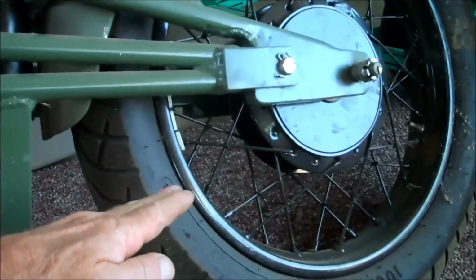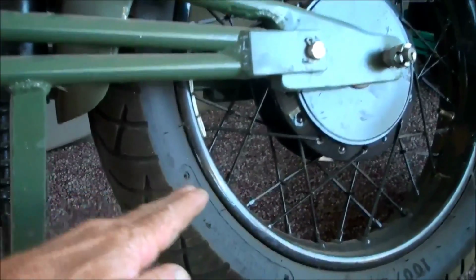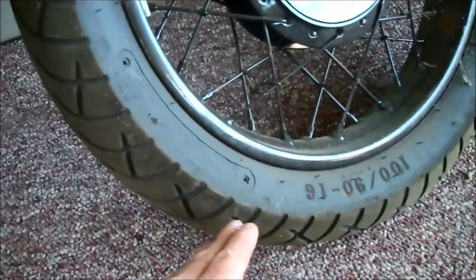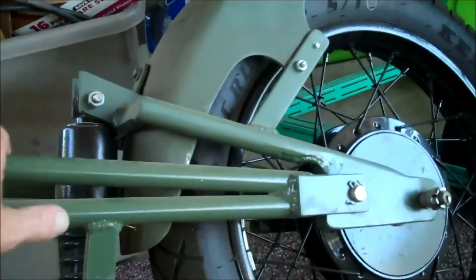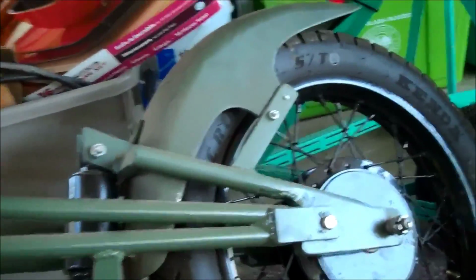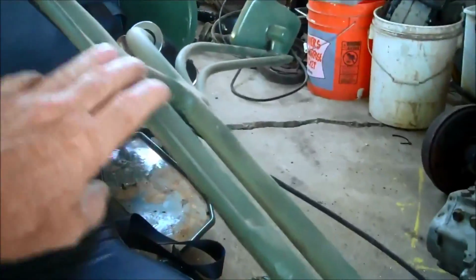If you have the bail down below, like everybody else's front ends, if the shocks fail, this goes to the ground, and it'll go all the way to the ground, and you're not going anywhere. But on this one, if it just drops to there, so what? You just keep right on going, and when you get home, you can fix it. No big deal. The handlebars are solid steel, and I usually start with about 36 inches of length for the